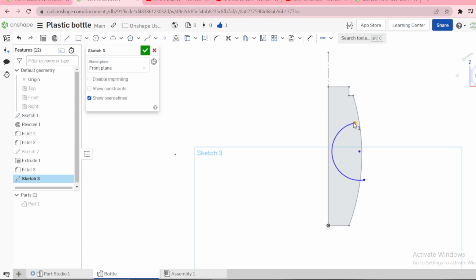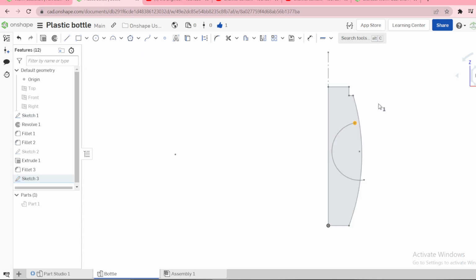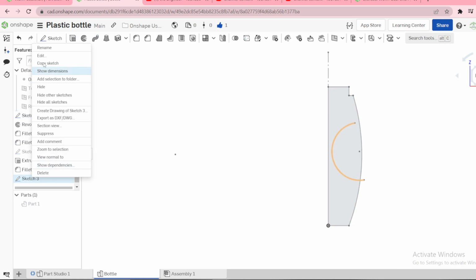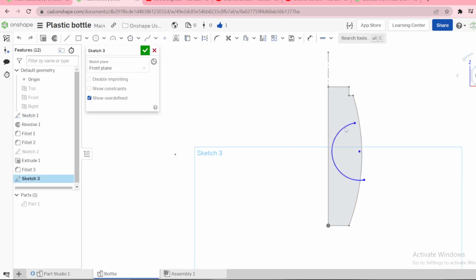I want this arc, this point to be coincident. I'll search for that. Let me draw another arc. Then dimension wise, I need this point from this point to this point to be 92.5. Then height wise,